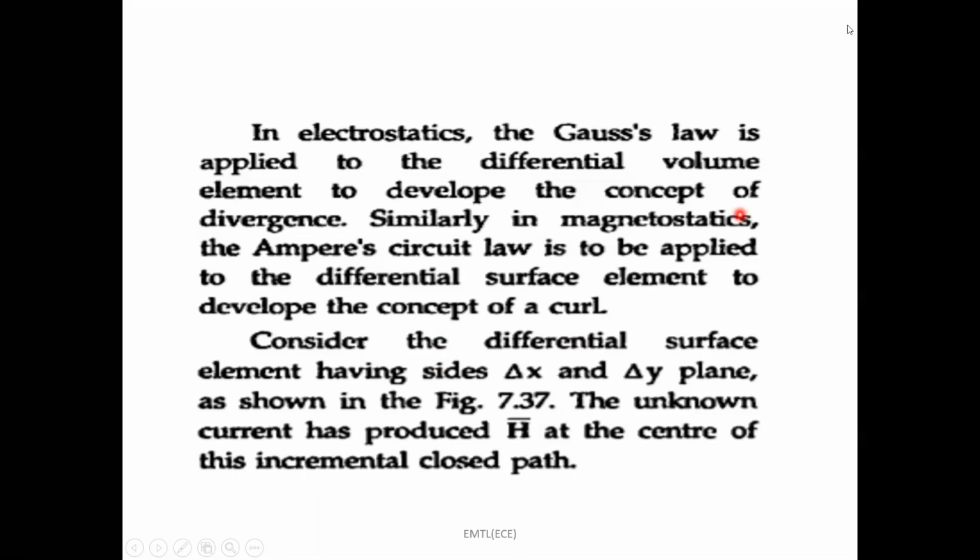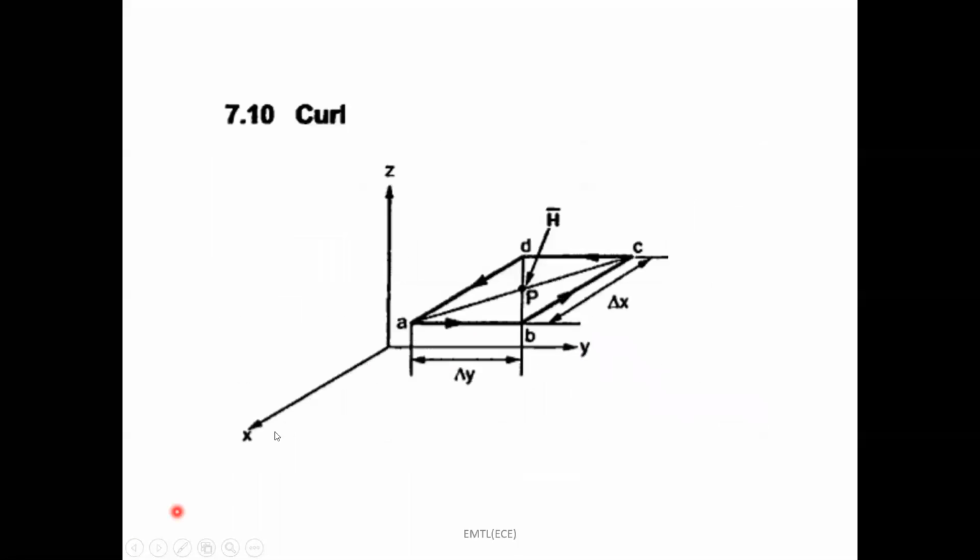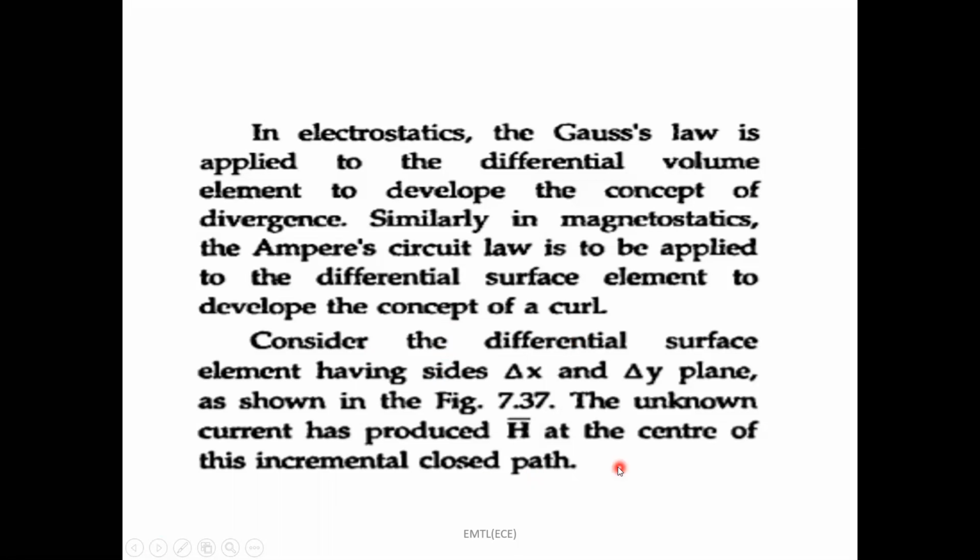Now, let us consider a differential surface element having sides delta x and delta y in the xy plane. So this is the differential surface having width delta y and height delta x along the x and y plane. So we have to find the magnetic field intensity at the center of the closed path. That resultant of magnetic field intensity gives the del cross H value, which is Maxwell's third equation. Now,